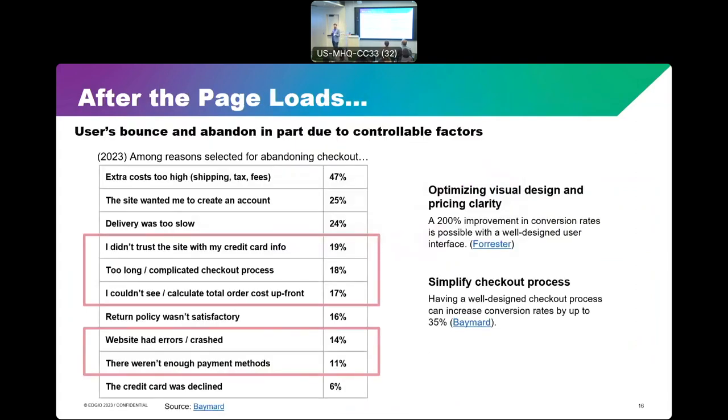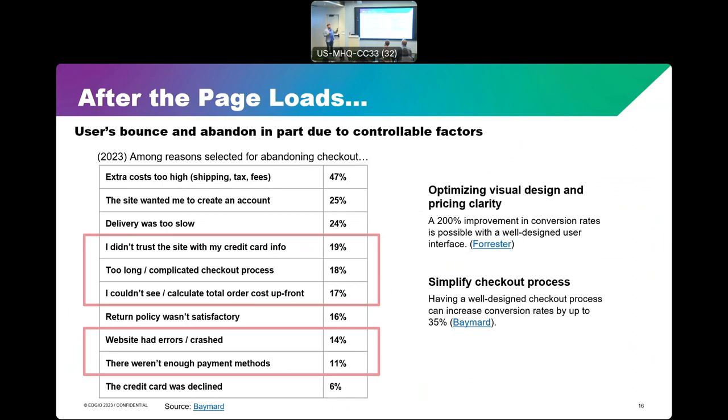Obviously, performance is not the only factor in user experience. There's a lot more, and there's a lot in your control. So again, sticking with e-commerce, but a lot of this should relate to other industries as well. What I wanted to reinforce here is that there are a lot of things within your control. This was a multi-selection questionnaire where it said basically, what caused you not to complete the checkout process? And people could select one or more of these.